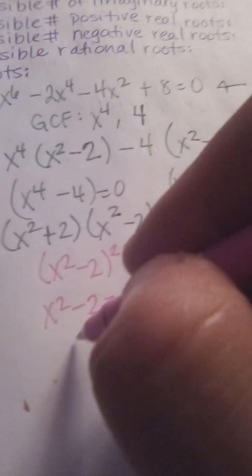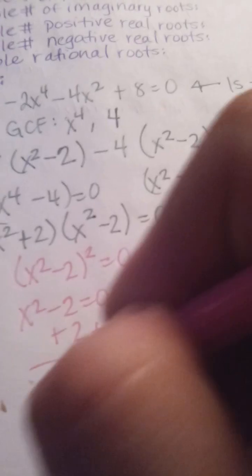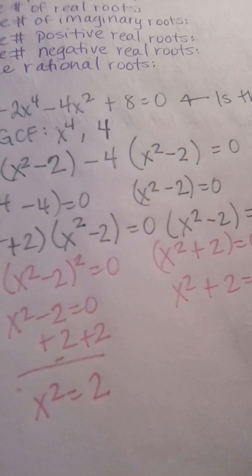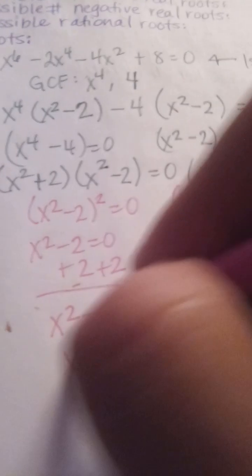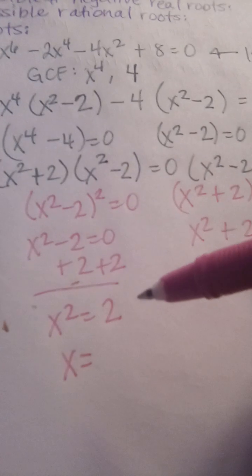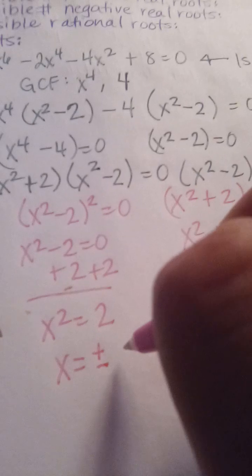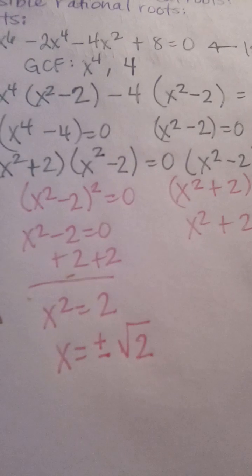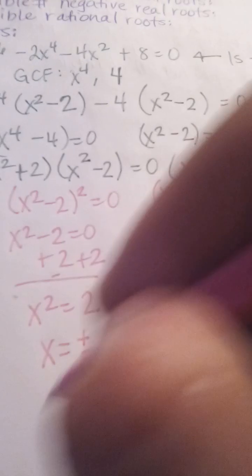So in this case, we'll add 2 to both sides: x squared equals 2. And then we're going to put x alone. Remember this, the positive or negative function? And that will be the square root of 2. And then the final answer will be